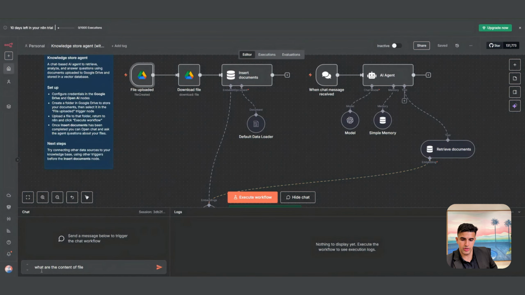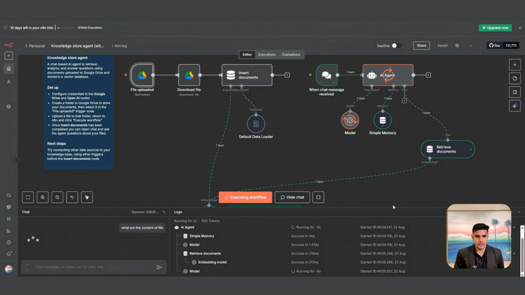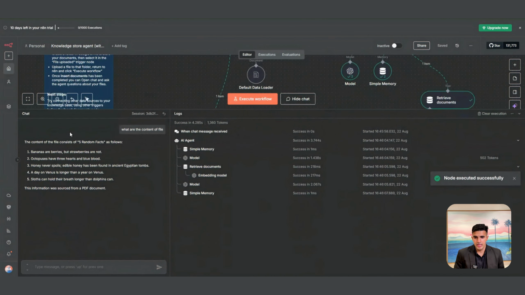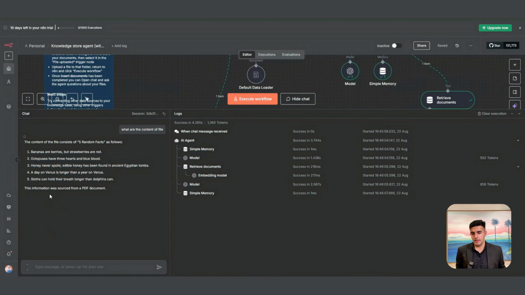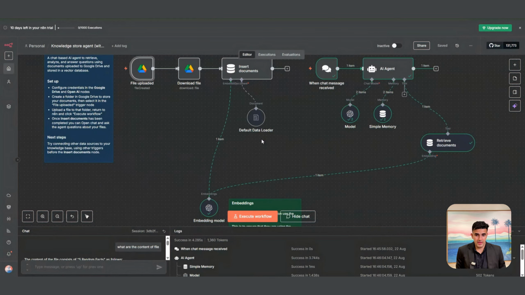And then let's go here and write, what are the contents of the file. Ctrl+C, Ctrl+V. What are the contents of the file, and then I execute this, and it runs the whole model and gets all of this information. We've got the content of the file, and you can see this is exactly what is inside the sheet. So these random facts are actually pushed to N8N, and they're saved as embeddings, and then you can talk to them and ask any questions,